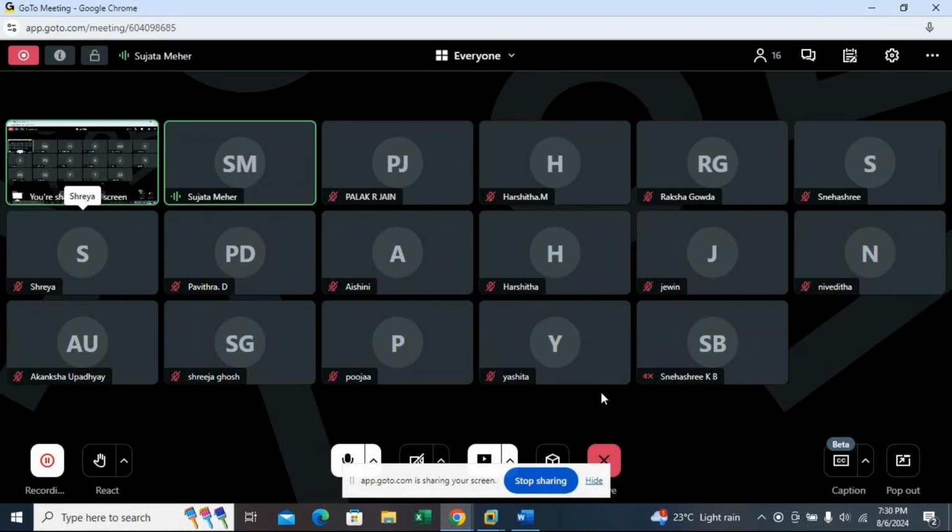I think there is a mistake in what I sent in the group, ma'am. I have not got this. Send once again, Pavitra. Yes, ma'am. What about Palak? Any more students who have done it? Send the screenshot. I'll rectify the problem which Yashita and Snehashri are getting. I'll check it out and we'll solve it by tomorrow.